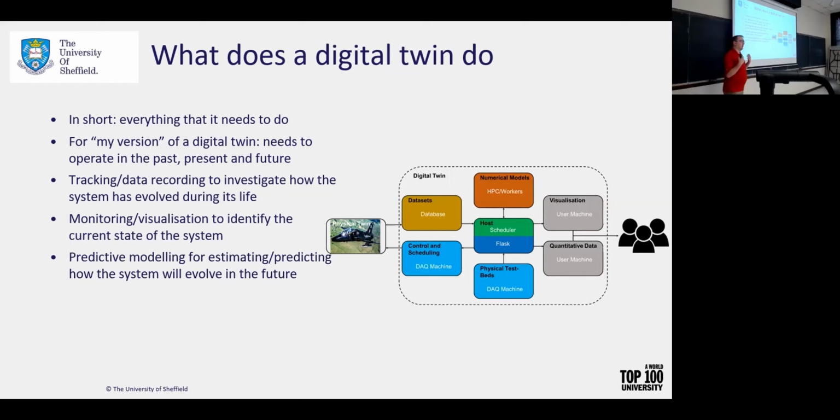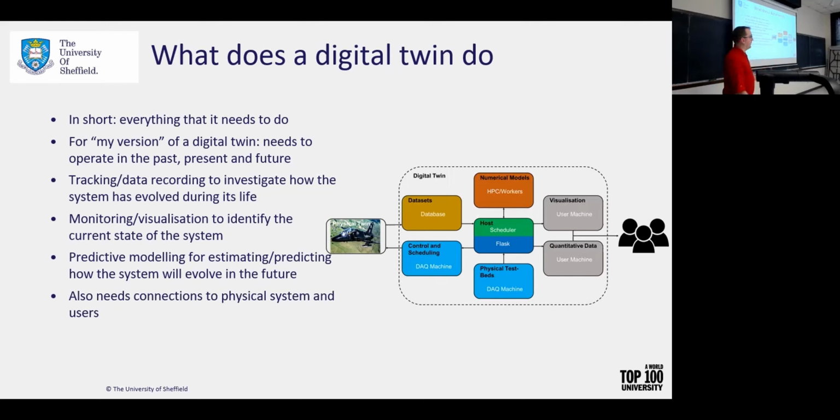And as I said, it also needs to predict the future. Since the system is evolving throughout time, particularly on small or slow timescales, we need to be able to predict how it's going to evolve. We also need to make predictions such as earthquake reliability. If an earthquake happens, particularly one that we haven't seen before, like Fukushima, of course we want to be able to predict how to respond to that, predict what will happen to the system, and how to safely mitigate that issue.